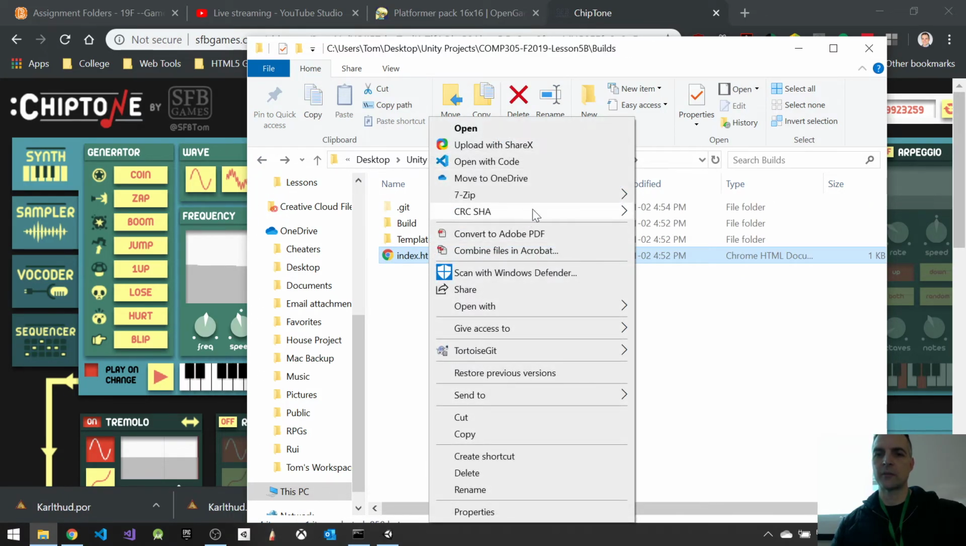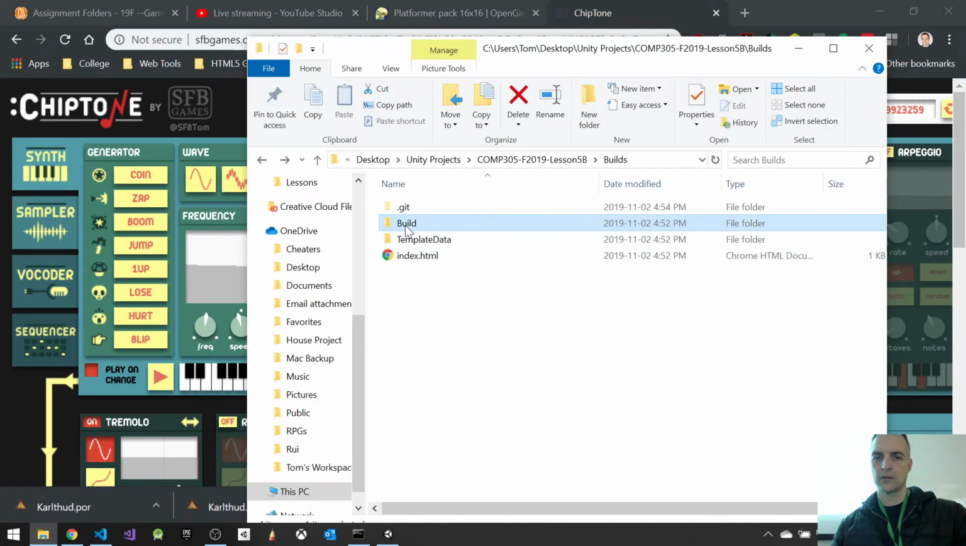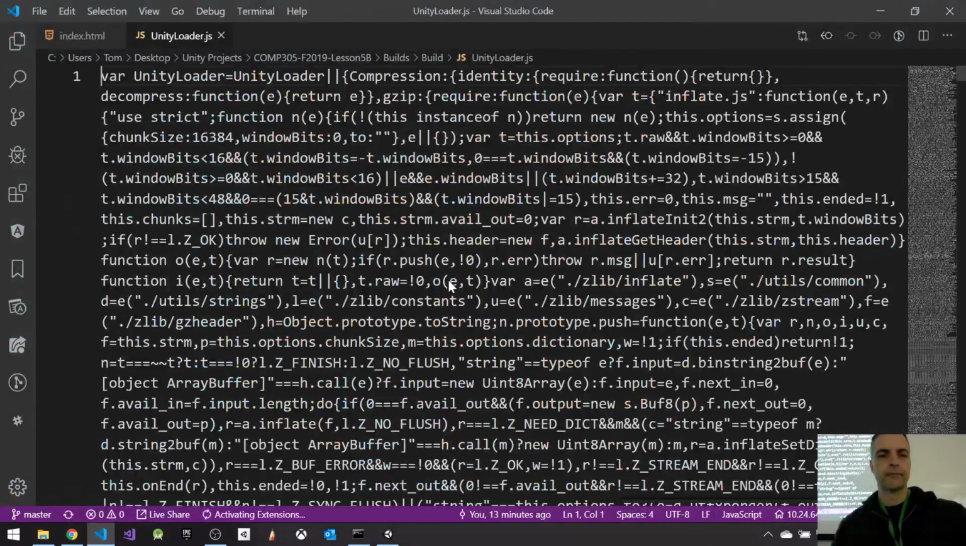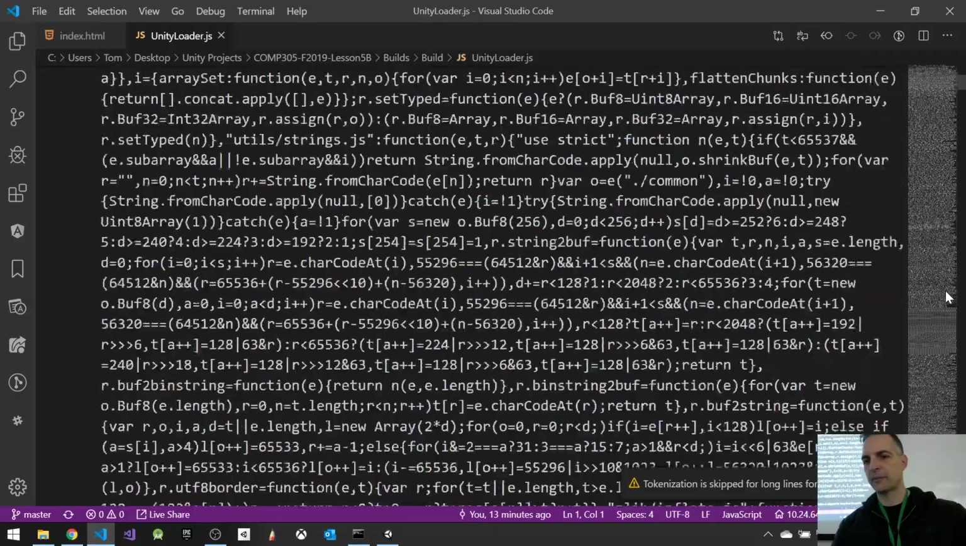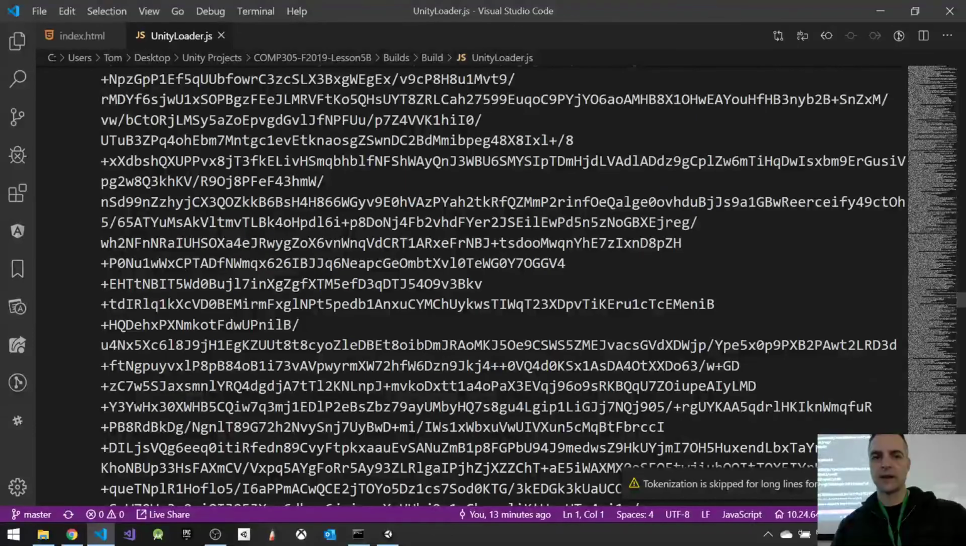If you look at your index.html with something like Visual Studio Code, you can see that it's doing a couple things. It's loading up the progress bar, it's using a style sheet for template data, and using the Unity loader.js. Unity loader.js, which is here, is this. Now you're like, wait, what? It's just compressed. It's a minified file that basically wraps up your code, and it looks really ugly, but at the end of the day, it's using